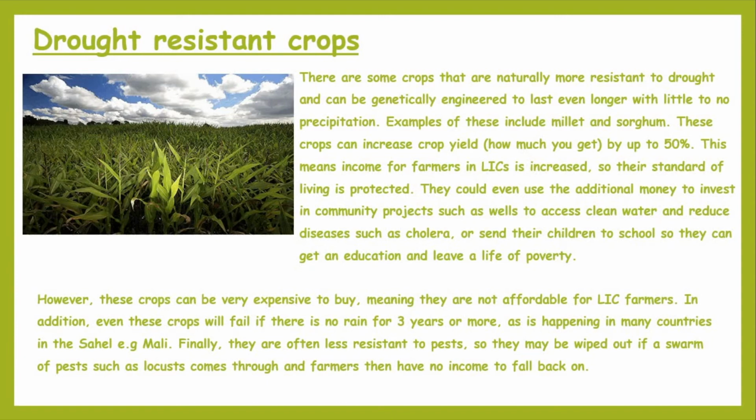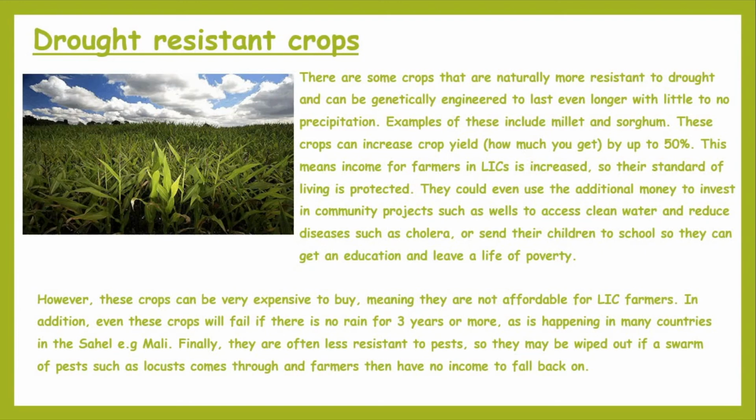I think it equates to, for a certain region, up to £4 million worth of extra export income from selling these crops, which would increase the standard of living for local farmers. That additional income could be used to benefit the wider community as well. You could send your children to school, because as soon as they can read and write, they can lead a life that isn't governed by poverty. They can get a better job, perhaps in the tertiary or even quaternary sectors. And you can invest the money in local community projects as well, maybe building a well to help solve the issue of contaminated water supply. So it could be quite a nice self-perpetuating long-term knock-on idea, because people will start earning more money,